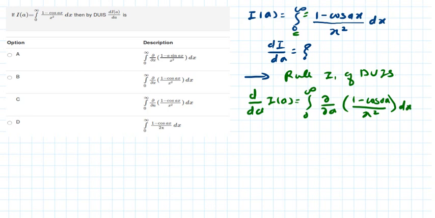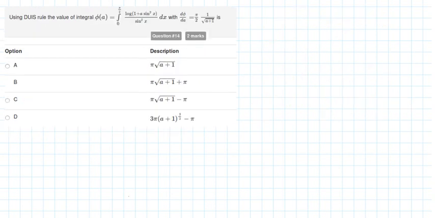Okay, so this will be the answer. If you observe the answers, option C is the right answer. Okay, next question. Using DUI's rule, the value of the integral,